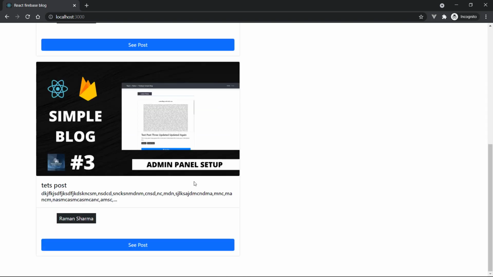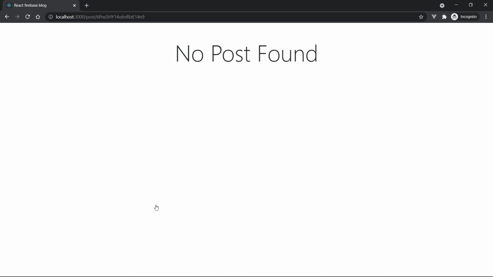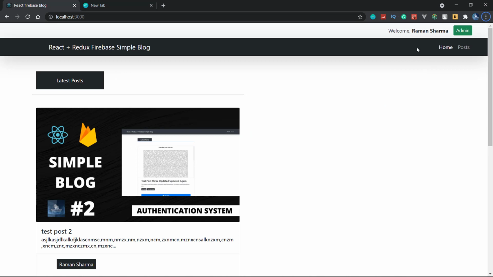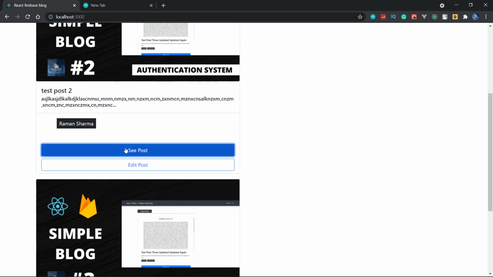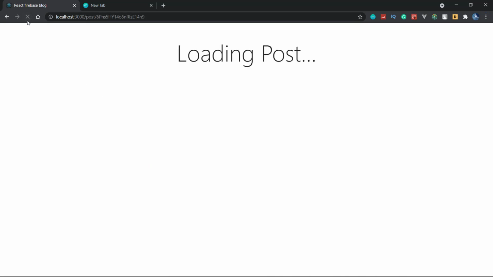Also we should not get this one. See that we are not getting the edit post here. So when I click on See Post, see that here we are getting no post found, but when we reload this, we will get the post here. So this one bug is there that we have to fix, that we will fix in the next video. So in See Post when we are getting, we are getting no post here.